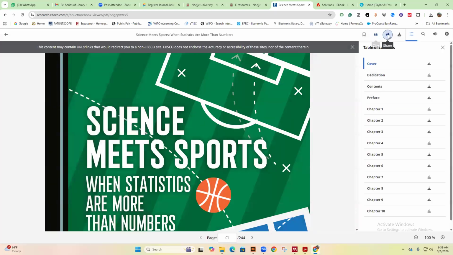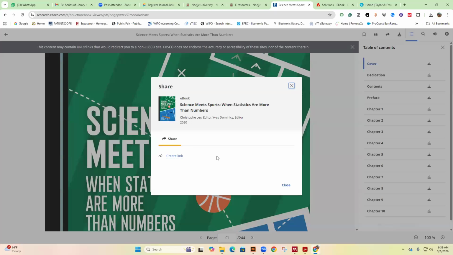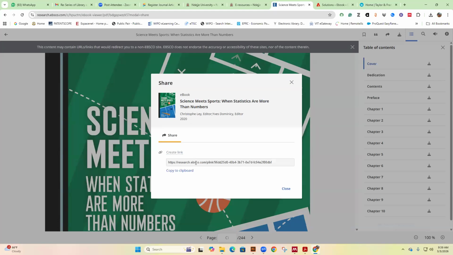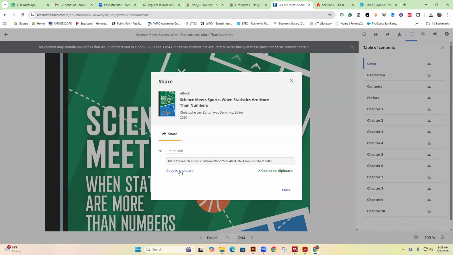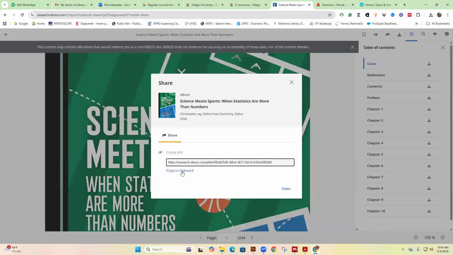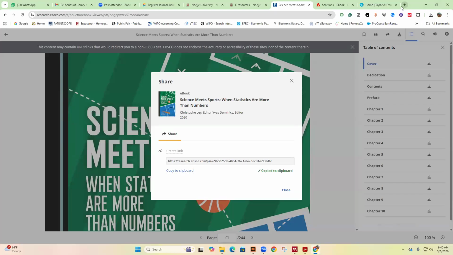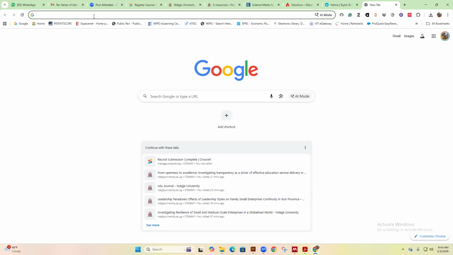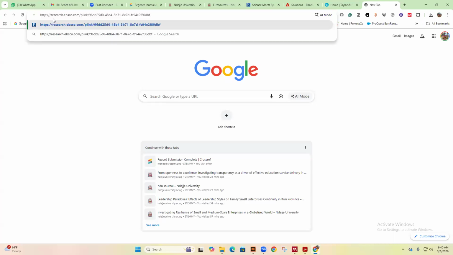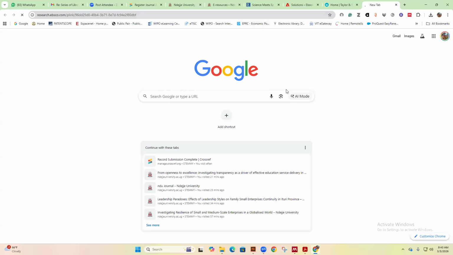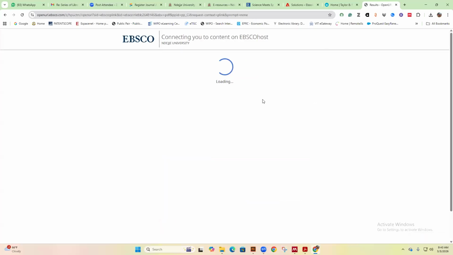Then you can share. The moment you click on share, this being a book, you create a link, and that link you copy it to the clipboard, share it with your students, or share it with the fellow lecturer if you're a lecturer and you have a teaching assistant. So the moment I paste that link here, it will take me straight away to EBSCO where this book is,